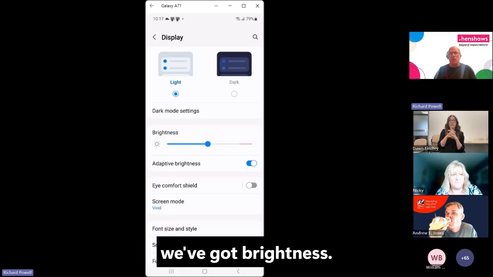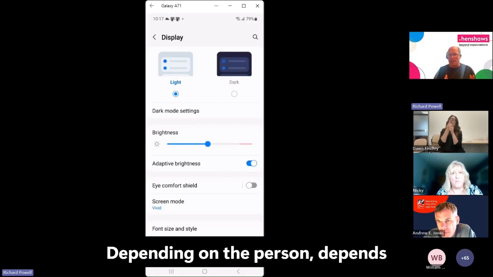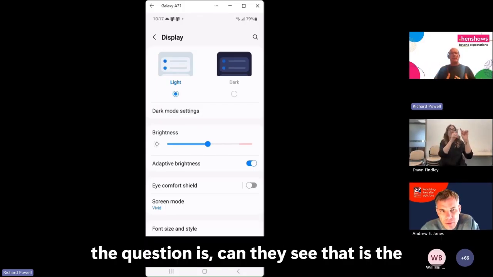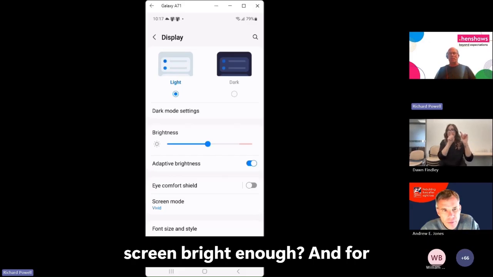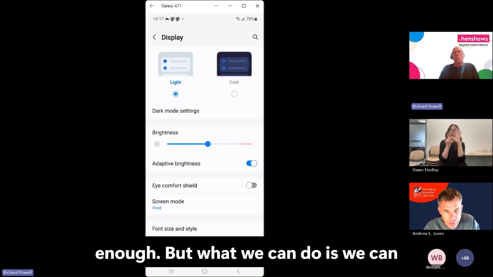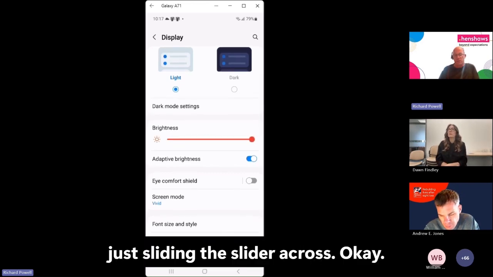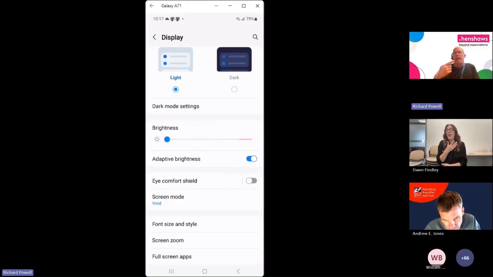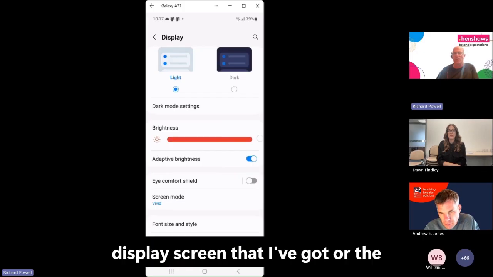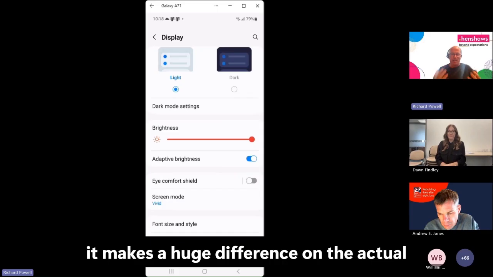Moving down the screen a little bit, we've got brightness. Depending on the person, depends on whether I adjust this setting or not. So the question is, can they see, is the screen bright enough? And for the most part, the screen will be bright enough. But what we can do is actually change that brightness setting, just slide it across. It doesn't show any difference on the display screen that you're visually seeing,